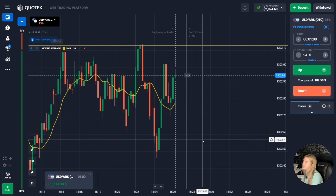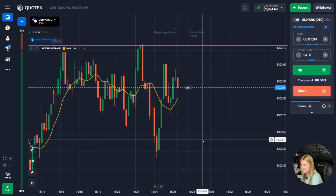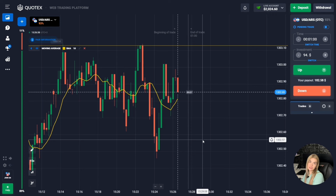Well, it's not bad. As you can see, the price showed a slight increase, and thus our deal closed above the entry point. Guys, we earned from this deal again. And also, as you can see, 1 minute was just enough in this case. And so, guys,